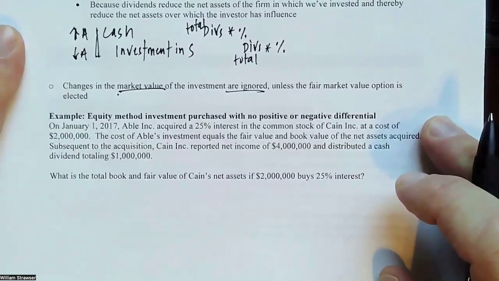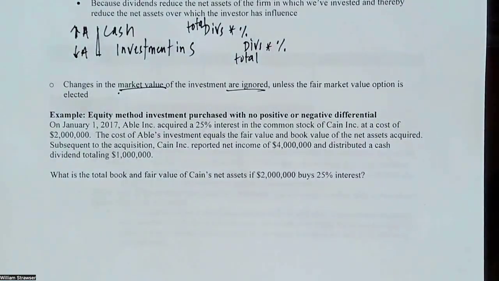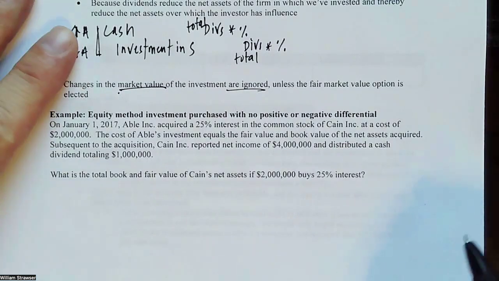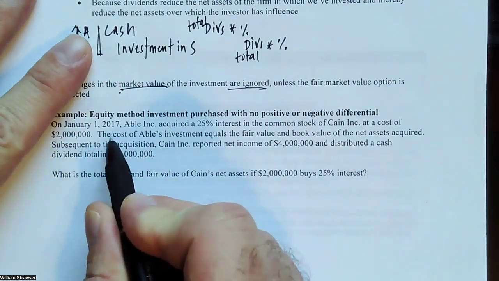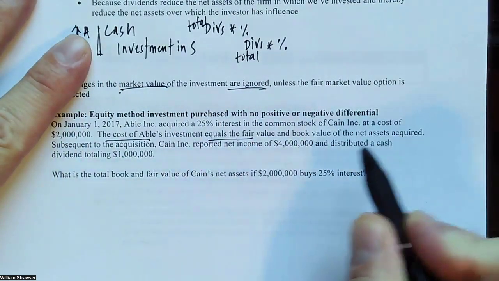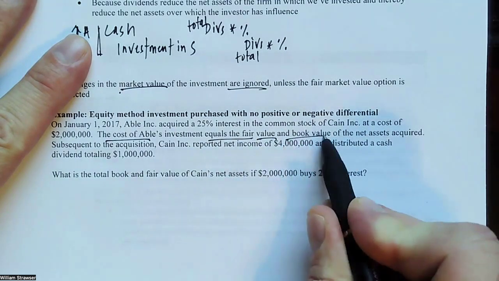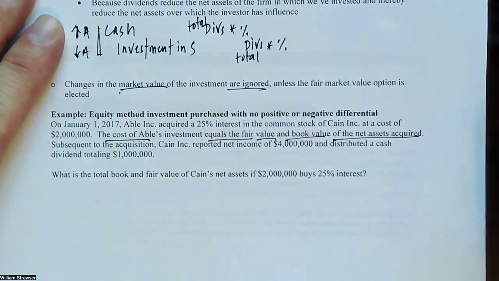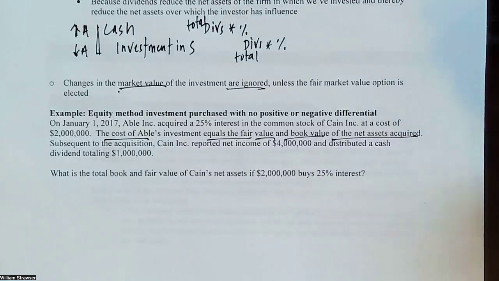Let's look at an example to try to concrete and lock this down. So on January 1st, Able acquired a 25% interest in the common stock of Kane at a cost of 2 million. The cost of Able's investment equals the fair value and book value of the net assets acquired. So the cost equals the fair value and book value of net assets acquired. This is an assumption that we will relax in a bit